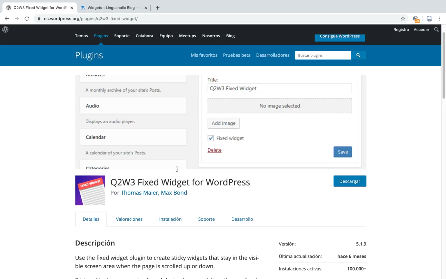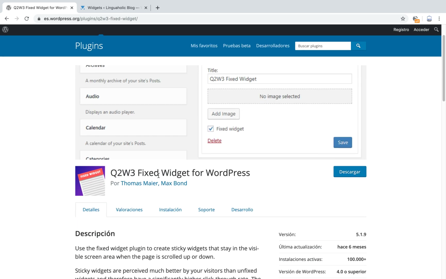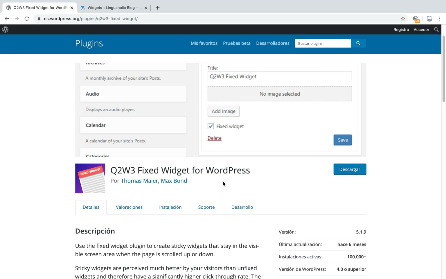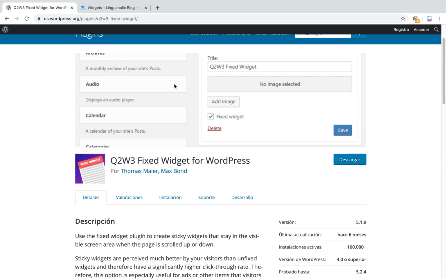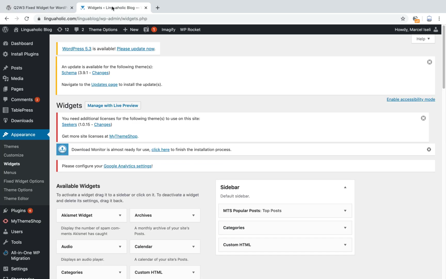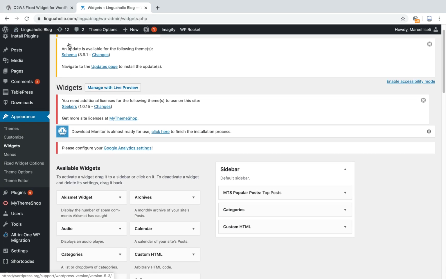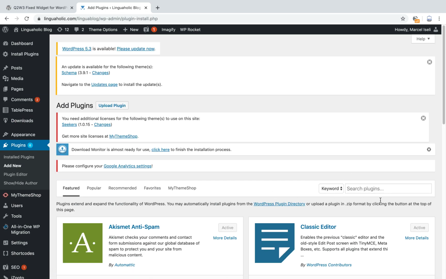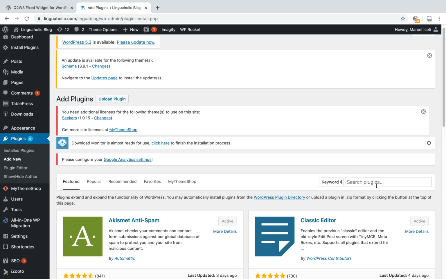You will need the plugin called Q2W3 Fixed Widget for WordPress from Thomas Meyer and Max Bond. You can get that from wordpress.org. It's free, or of course you can also install that in your dashboard of your website. There, just go to plugins, add new. You can search for the plugin here. Just type in the